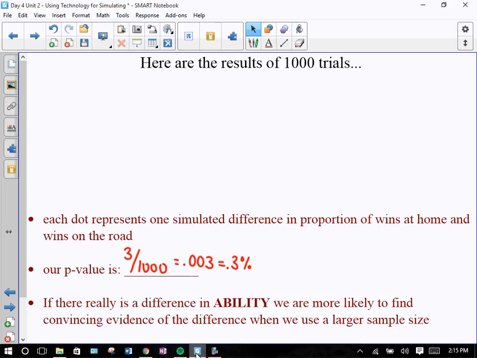If there really is a difference in ability, we are more likely to find convincing evidence of the difference when we use a larger sample size. I'd write that down because you're going to have some questions on your homework about it. It might say, for instance,